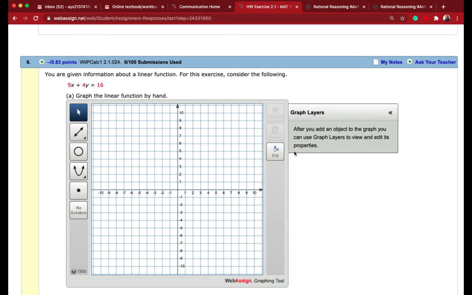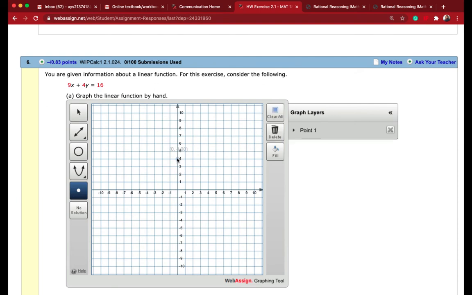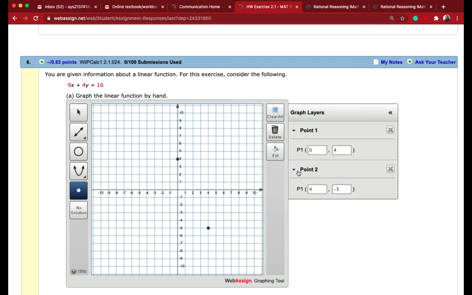All right, here's a quick tutorial on how to graph in WebAssign. So let's say you have 2 points. For this example, I have (1, 4), and then I have another point right here, (4, -5). Once your 2 points are labeled, okay, and even if you accidentally put the wrong one,